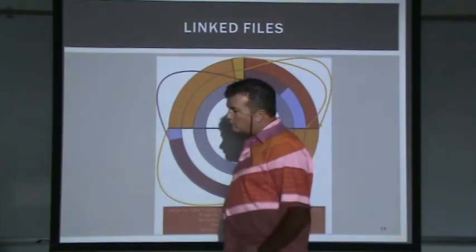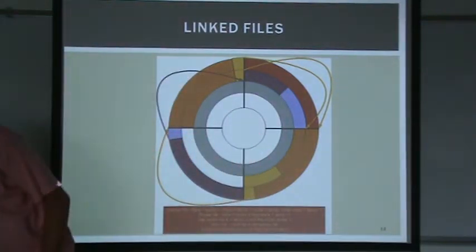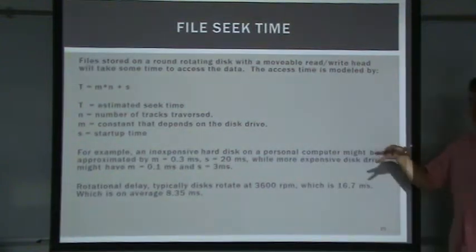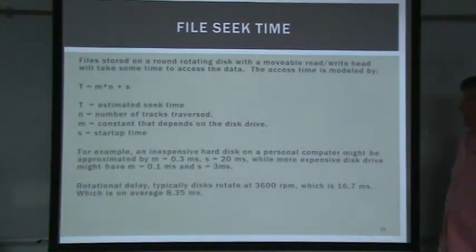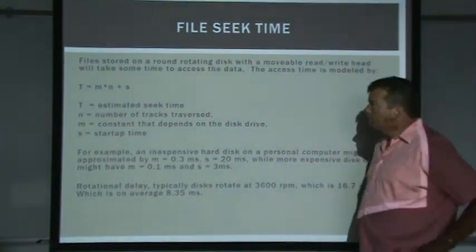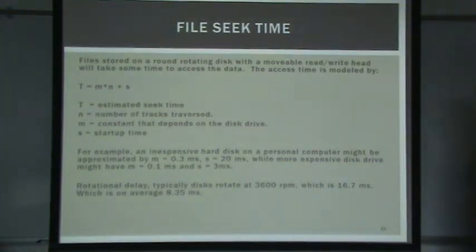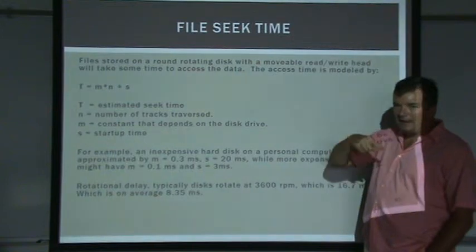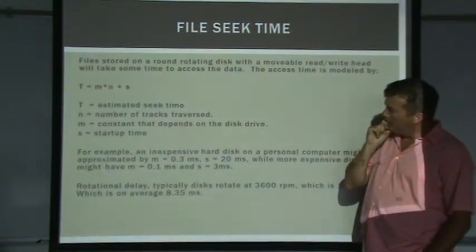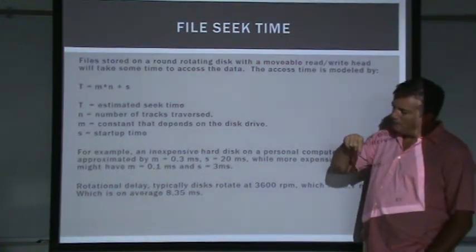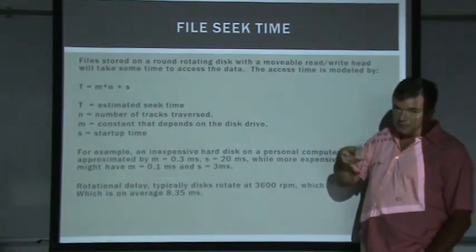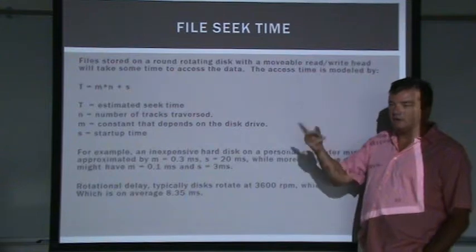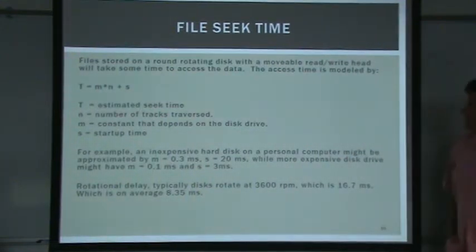So if the file is not sequential from the user's point of view, then a more complicated index might be much better for reading and writing from the file, because you're not trying to read the whole file all at once. So now we start to get a flavor for how we lay out our files on the disk, because there are different options on how to do it. It's going to impact the amount of time it takes to read and write from the file.